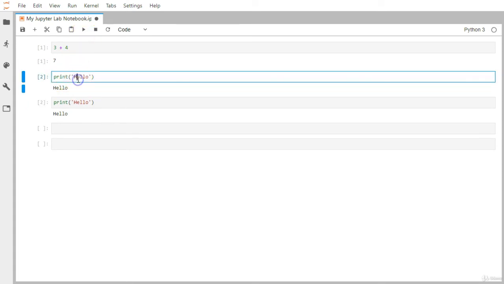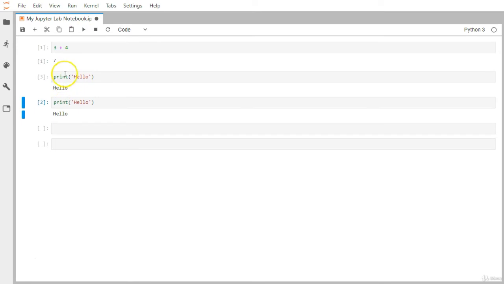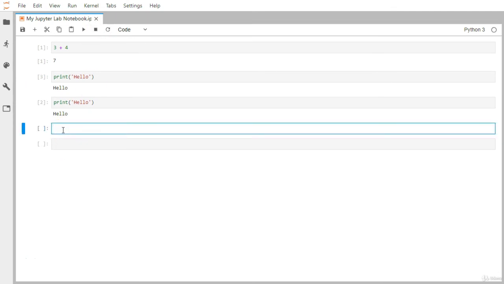You can even select some particular cell and click this particular button. So this button is for running, so you can just select it and it will execute that particular cell. Now after that, there is the interrupt the kernel button. So let's say somehow you have written a code which goes into an infinite loop and it just keeps running, and you want to abruptly stop all your running code, so in that case you can just click on this interrupt the kernel. So this is how you can write all your Python code.